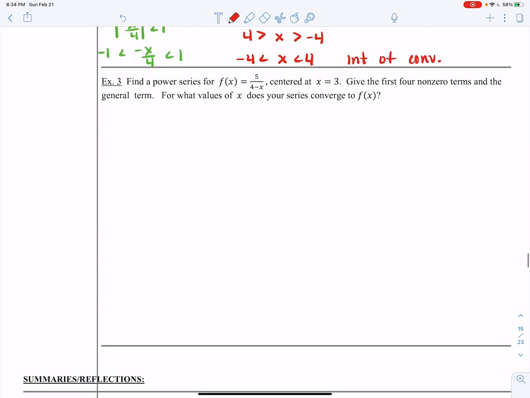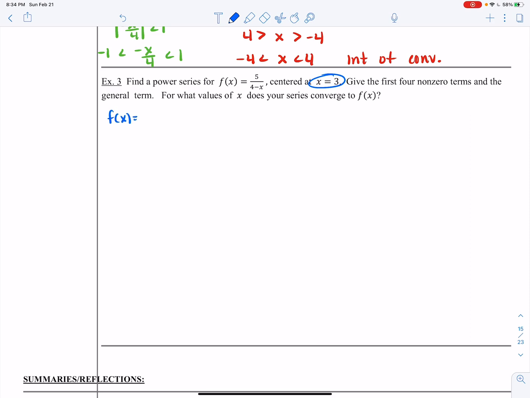I'd love for you to try this one. It's okay if you don't want to, but I think we've done enough that you're okay doing this. Okay. Actually, scratch that. Can't do it. I want this thing to be centered at x equals 3. I forgot that. My bad. So